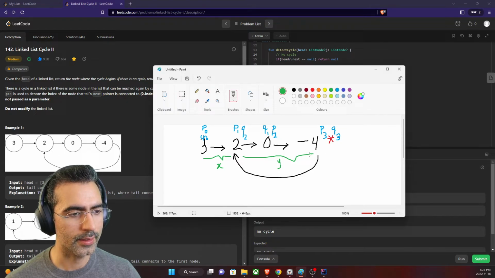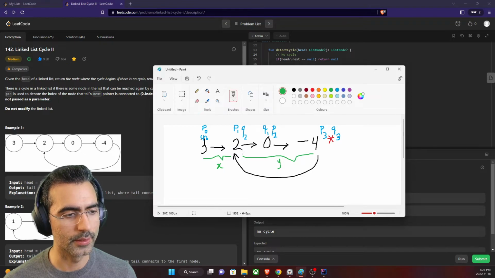And if Y is the difference between the location where the two nodes meet and the beginning of the cycle,